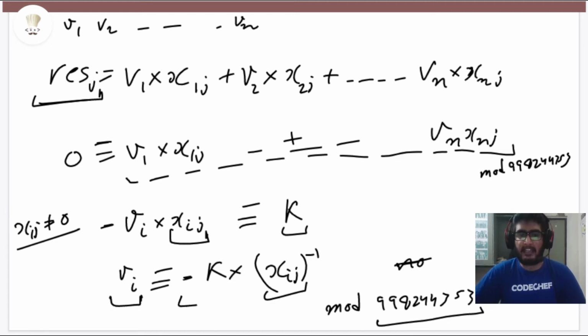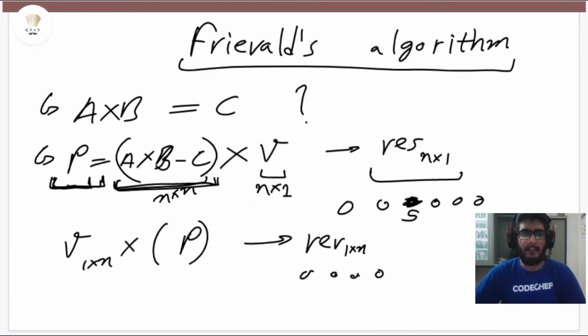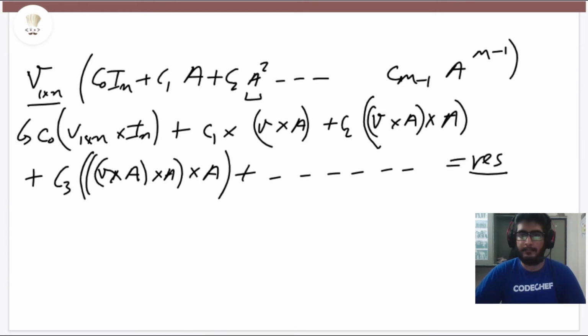And this vi value should exactly be equal to this value, whatever that is, right? Let us call this value some t. So if vi is exactly congruent to t modulo 998244353, only then our algorithm is going to fail, right? And what is the probability of this happening? As we are selecting our v vector randomly, our vi element is also selected randomly from all of these values,